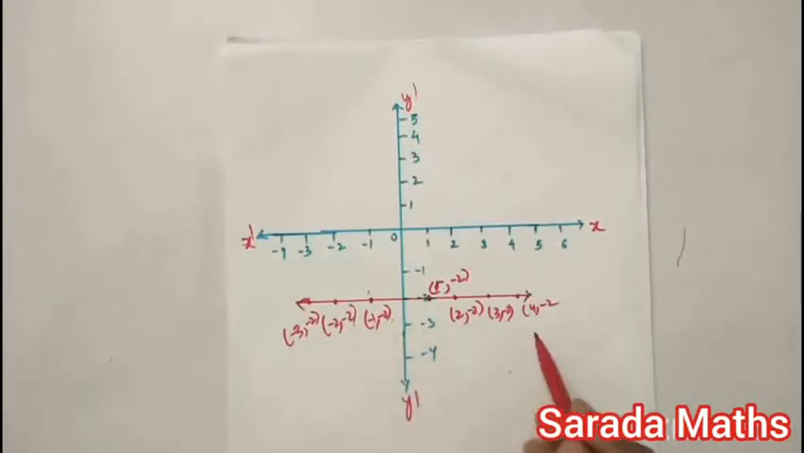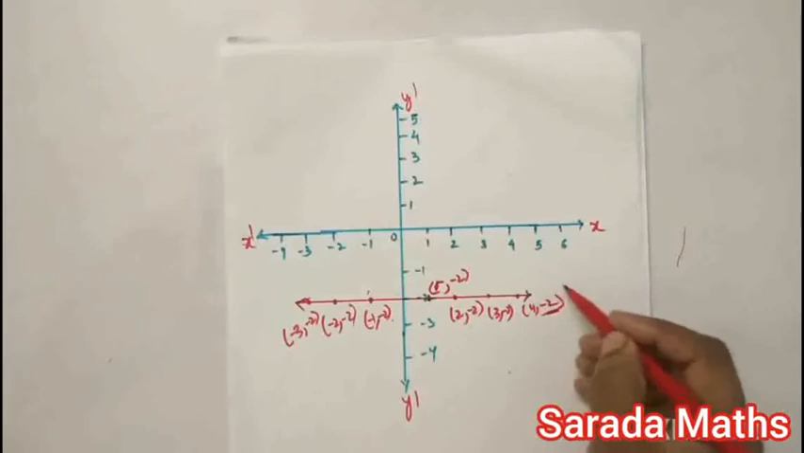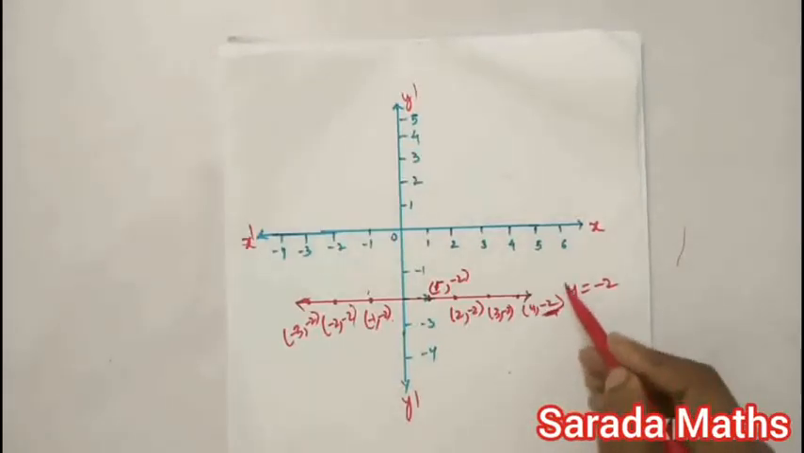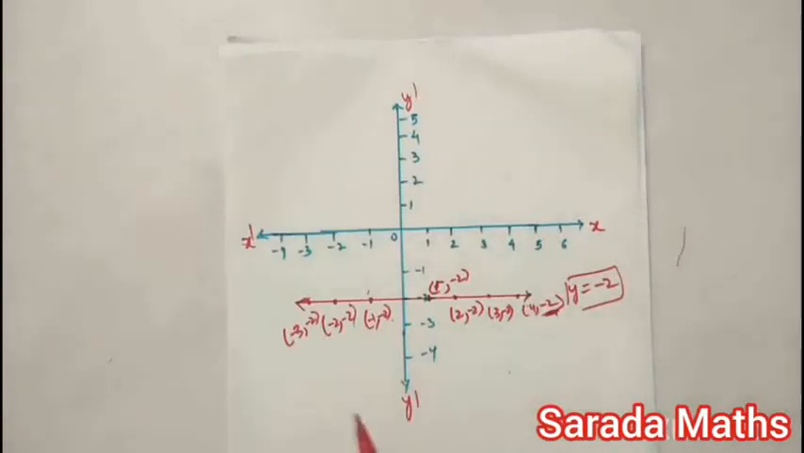In each and every coordinate of this line, at every point on this line, the y coordinate is constant. So the equation of this line will be y equal to minus 2 because minus 2 is constant, is it not? Which coordinate is constant? Minus 2, the y coordinate is constant. So y is equal to minus 2 is the equation of this line. Okay. So any line which is parallel to x axis will be of the form